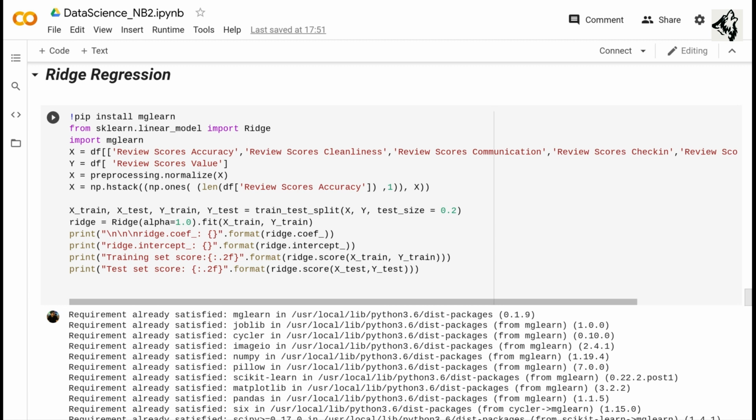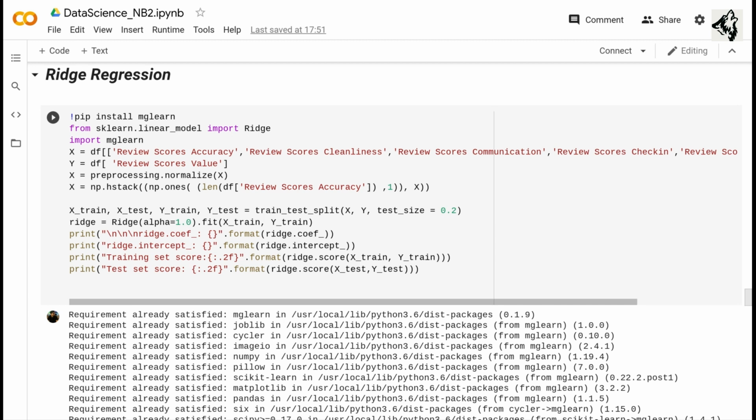As you can see in this model, we predict the value of review scores value just like we had done in the previous regression models. In this, we take the independent variables as review scores accuracy, review scores communication, review scores cleanliness, review scores check-in, and review scores location.